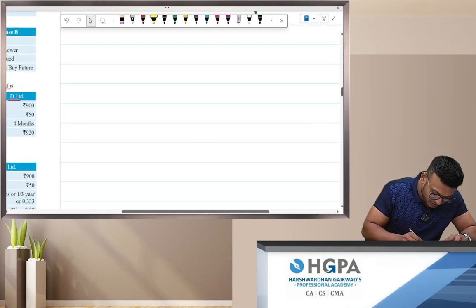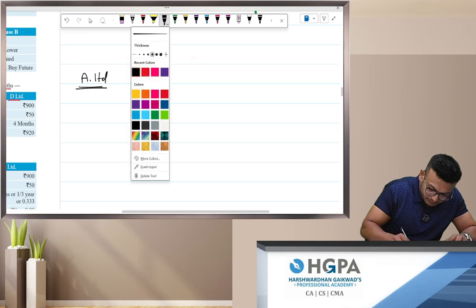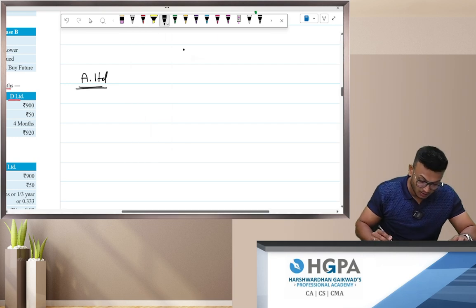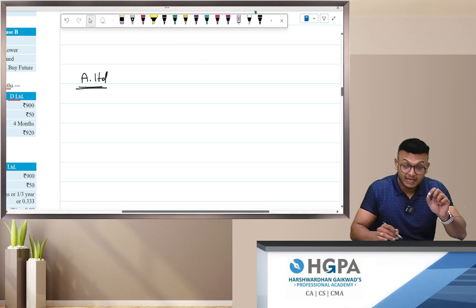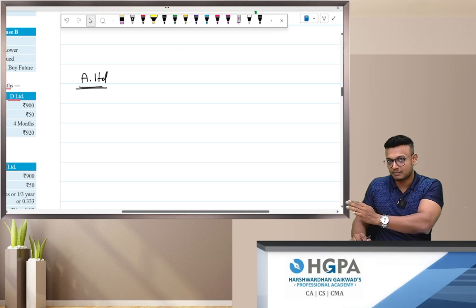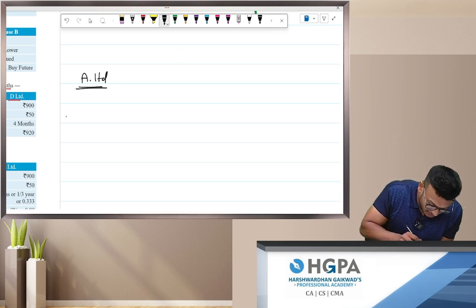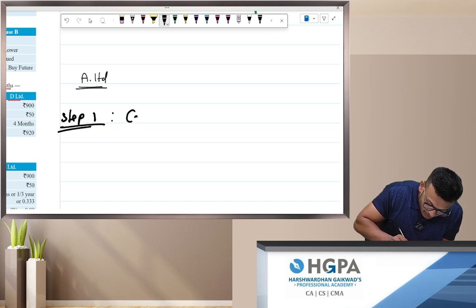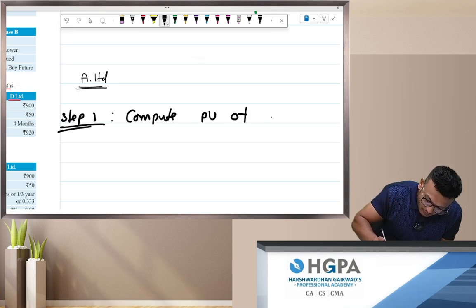Pay attention. A limited. Now, if it is providing cash income, we need to compute something called the adjusted spot price. That's the second step. Now, what is the first step? Step number one: compute the present value of